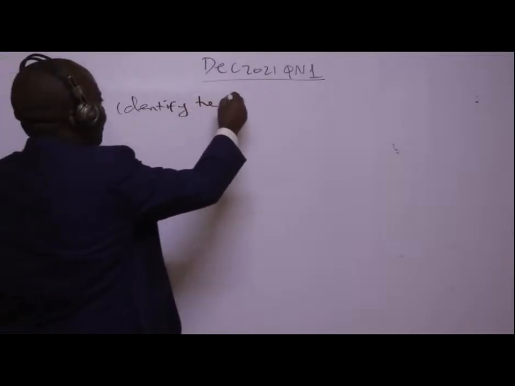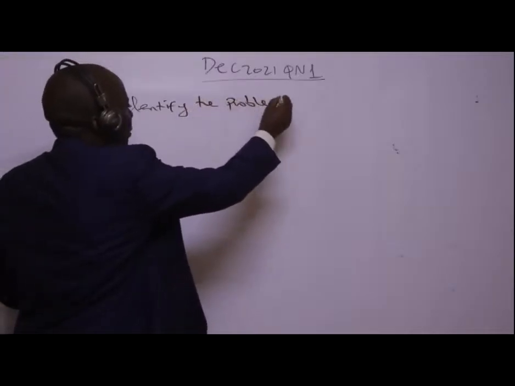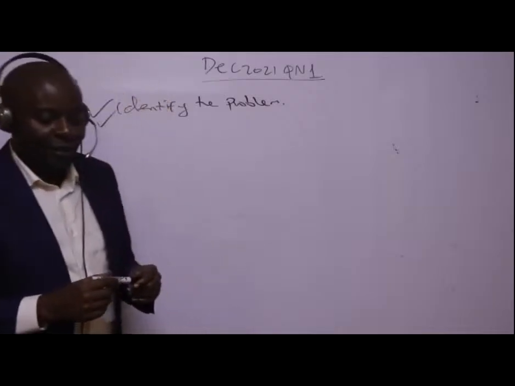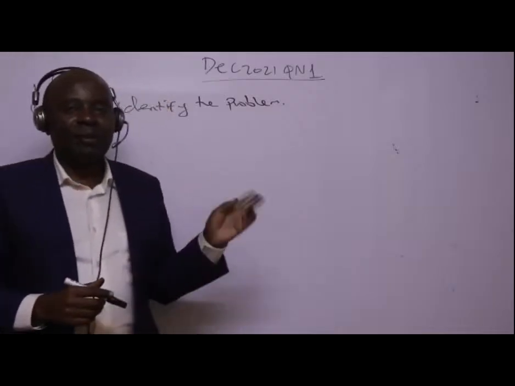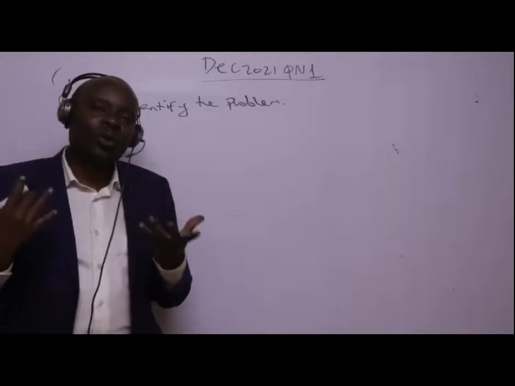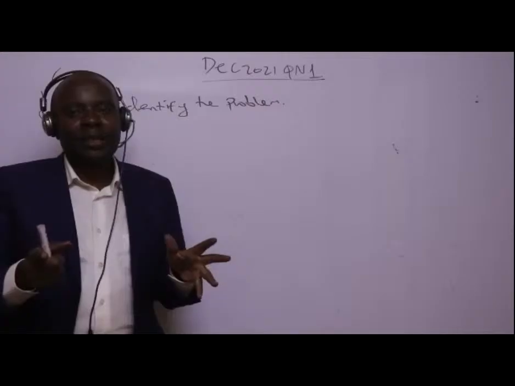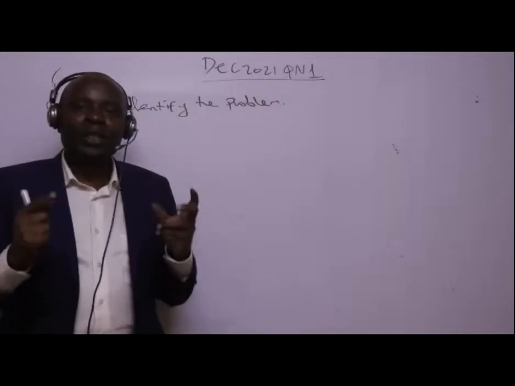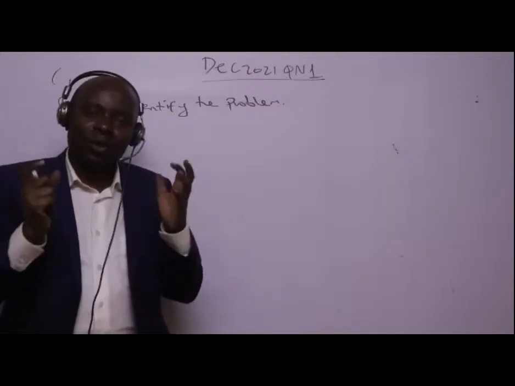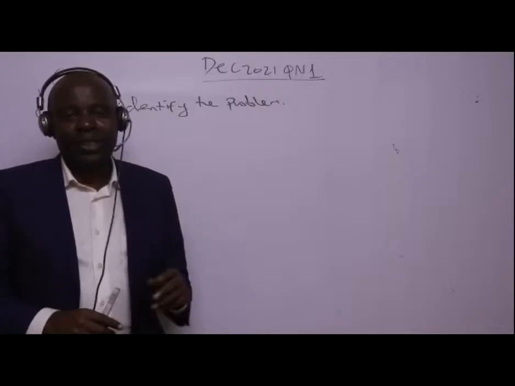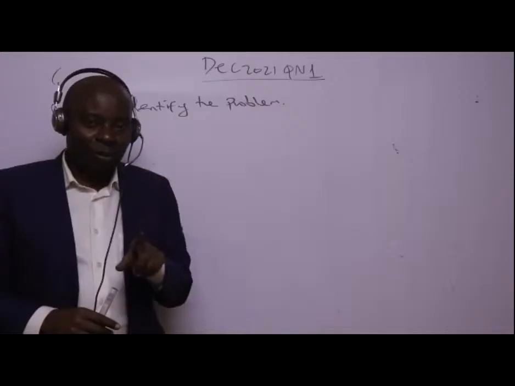Identify the problem. In my case, the problem was that I wanted to get married. And why was this becoming an issue? It's because I could not go to my home area. It started with aunties. Everybody was wondering, this guy at the age of 30, why don't you want to marry? What is your problem? So there must be a problem at first.